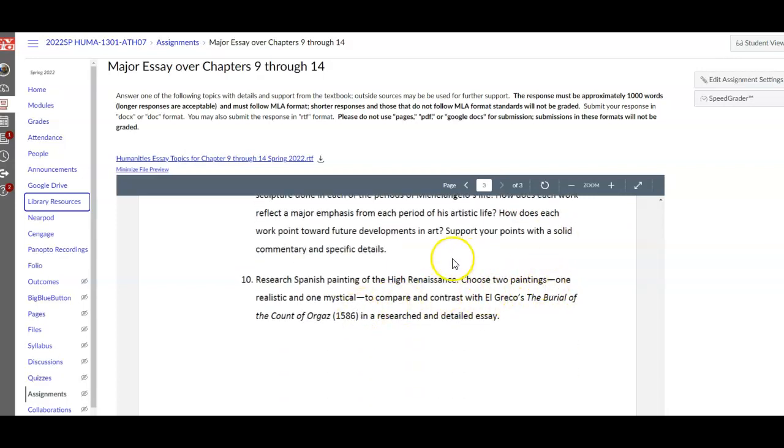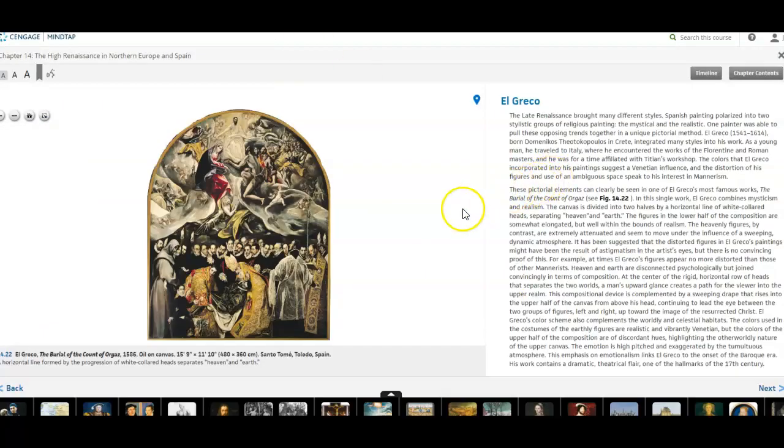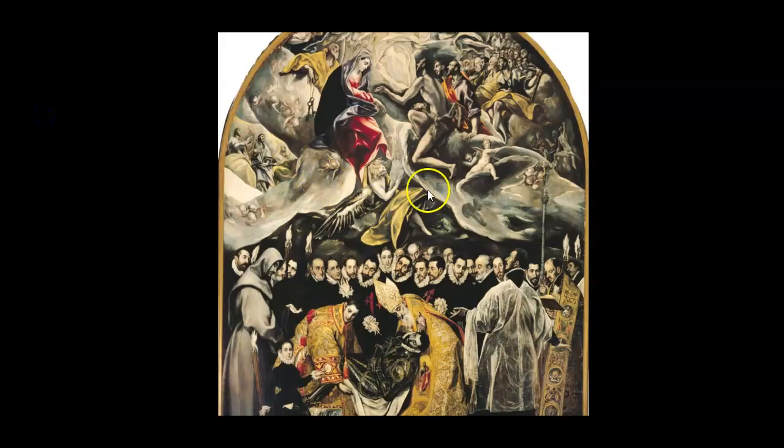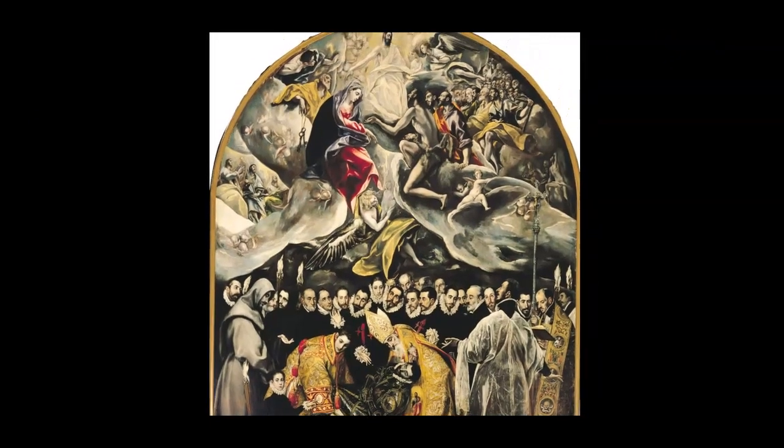The last topic focuses upon chapter 14, which I'm going to try to get into. Yep, there it is. And this is a work by El Greco. When you go back and look at the beginning of the chapter, it talks about this particular work and then goes into it in particular here, where you see sort of a combination. Let's get this picture a little bit bigger for you, where you can see that there's sort of a realistic aspect to it,